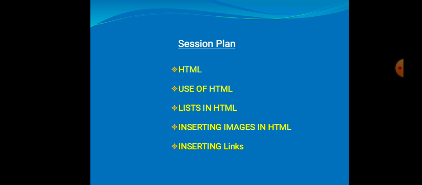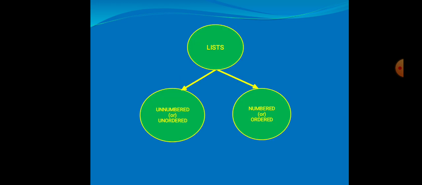What is the use of HTML? HTML is used to create web pages. Okay students, what is HTML used for? HTML is used to create web pages. And you have studied the basic concepts like tag, attribute and element in your 6th standard. Now you are going to learn some advanced features in HTML. In that, we are going to discuss list first.